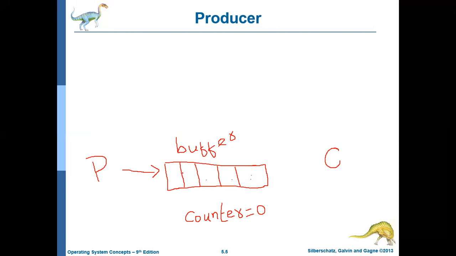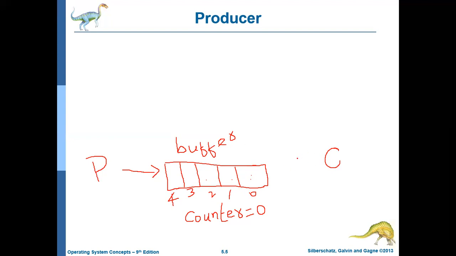Starting from the 0th location, this is 0th, this is first, second, third, and this is fourth. The producer keeps track of which location is empty, and in that location it will keep the data item.